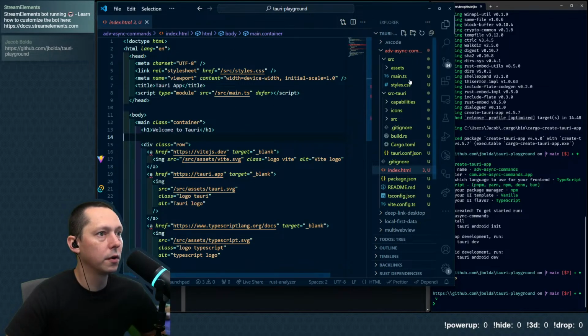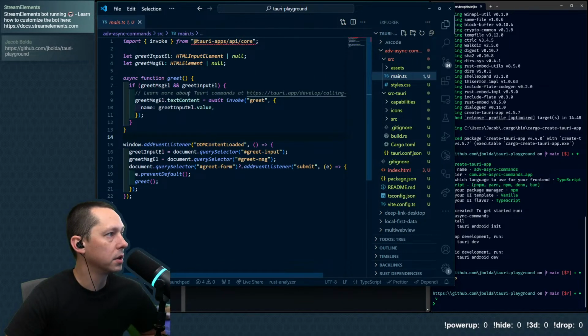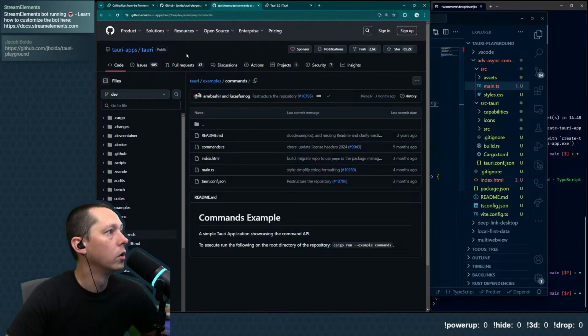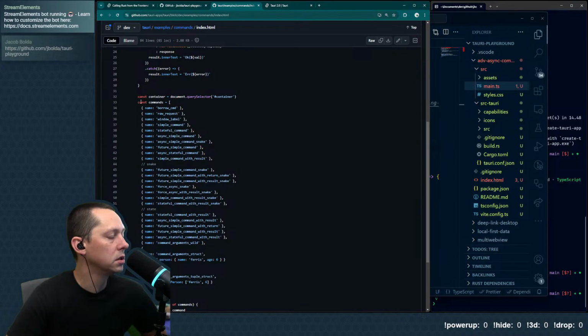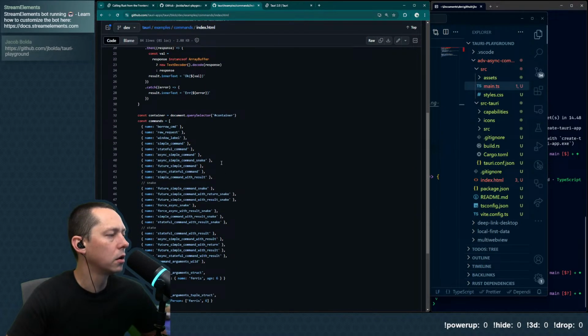So this is pretty straightforward. I think we'll go ahead and start copying stuff into here. We have an async function, and that function is firing off in Invoke. And we are attaching to that submit button. If we look in here, this has a list of commands. We're not going to grab all of them.